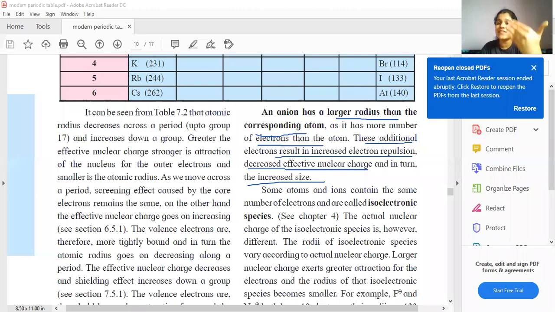Okay, fine. Here they have explained in terms of cations and anions because we are discussing ionic radii. So students, in anions, what is happening? When you add more and more electrons, there will be more repulsion, and the shielding effect will become even more. Do you all understand? Okay. If shielding effect is more, then effective nuclear charge is less. If effective nuclear charge is less, meaning the nucleus's pull is less, then the outer electrons can go farther away, and that is why size increases. Okay fine, I hope you all are understanding this.